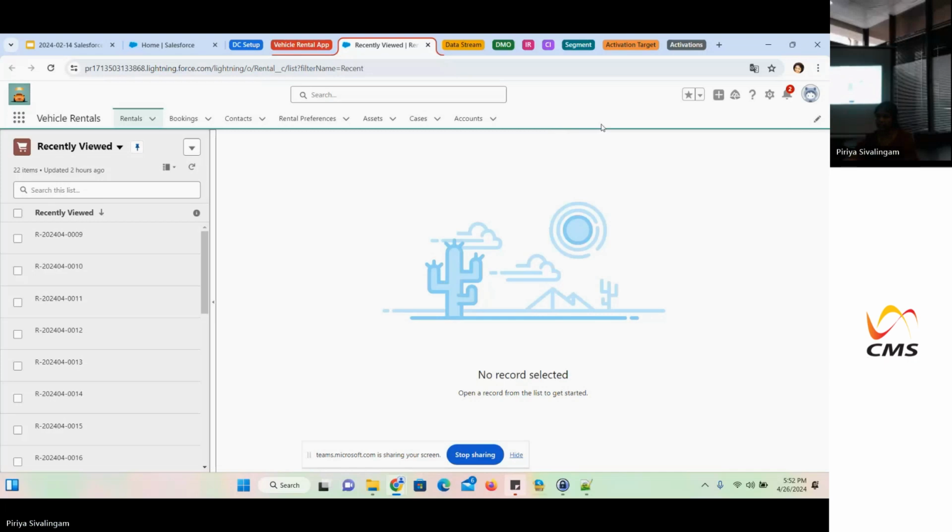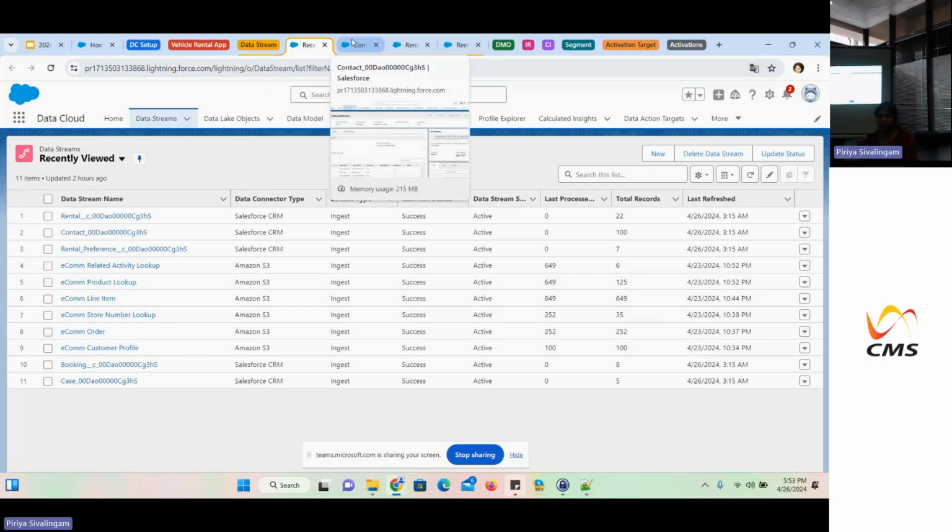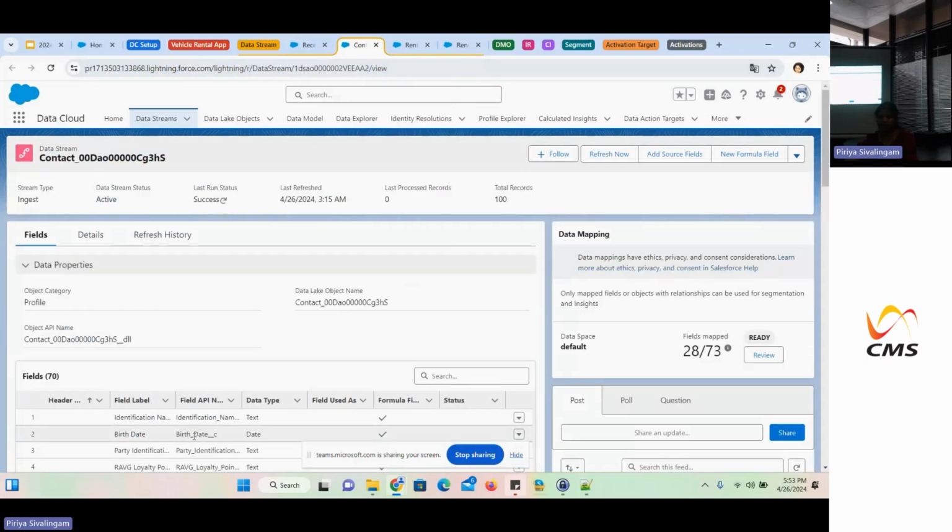She starts with ingesting data from these systems. So these are the data streams that are ingested by Tina for this use case. So we will quickly review a few data streams of different categories. So the contact data stream of profile category,